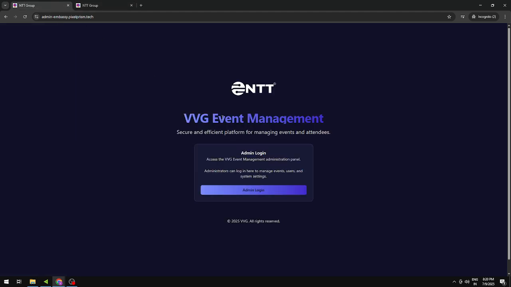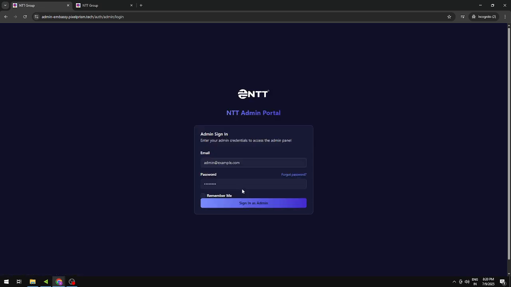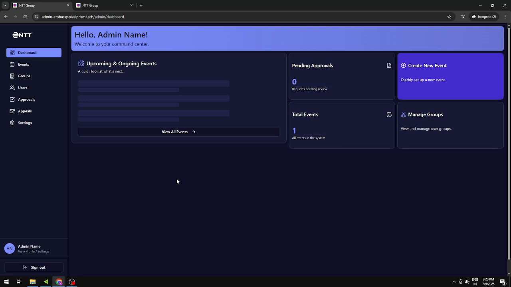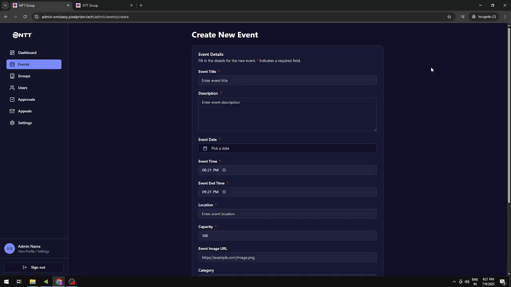So let's hop on to the admin portal. Give me a second to log into the admin. As you can see, I've managed to log in to the admin portal. The first thing we are going to do on the admin portal is create a new event. So let's go into create a new event and let's call this event